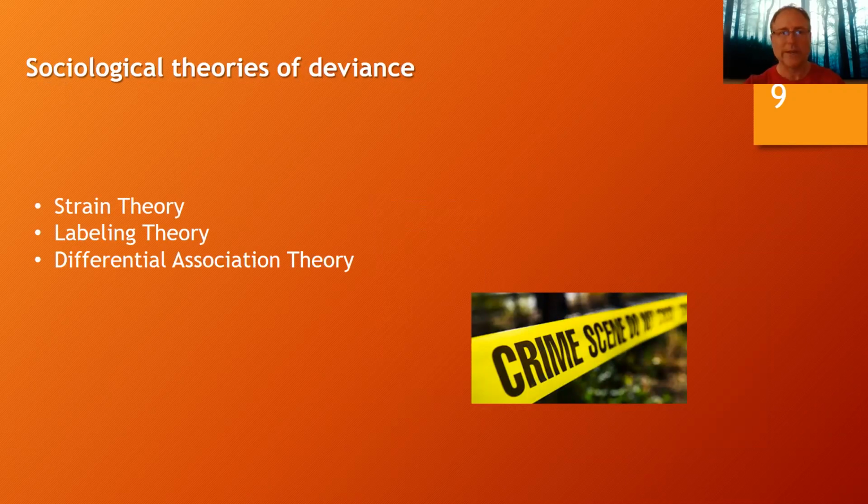Let's start with Robert Merton's strain theory. Robert Merton posits that society tries to motivate everyone to strive for success. It does this by arousing discontentment, making people feel dissatisfied with what they have so that they will try to better themselves. This theory analyzes what happens when people are socialized into desiring cultural goals, but are denied access to